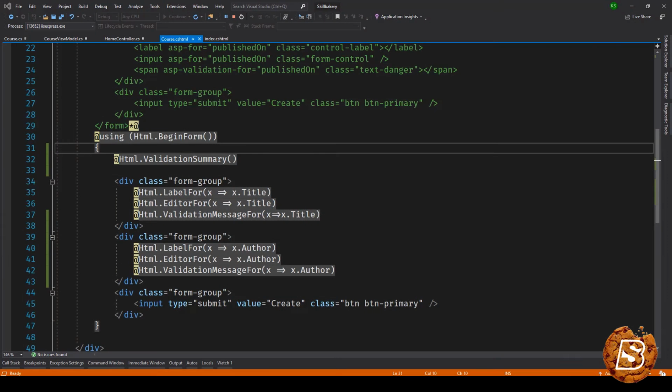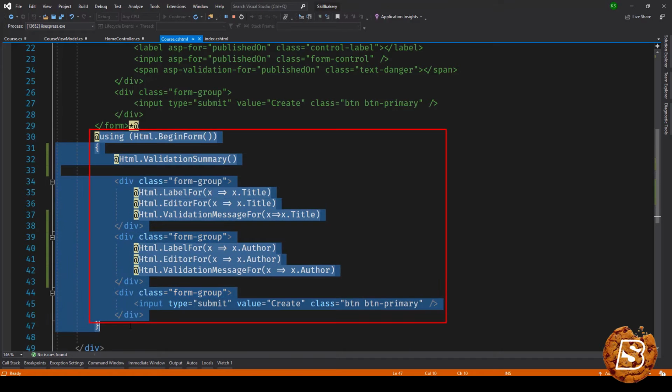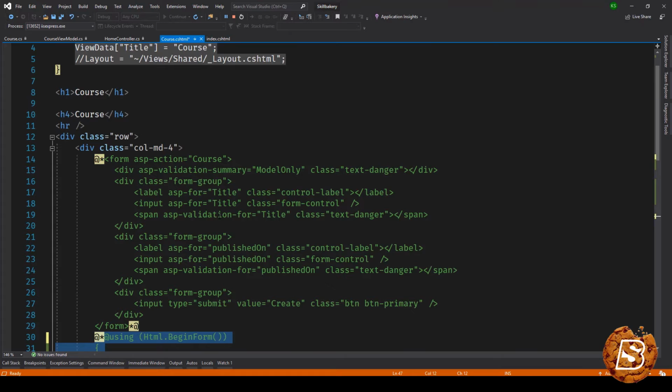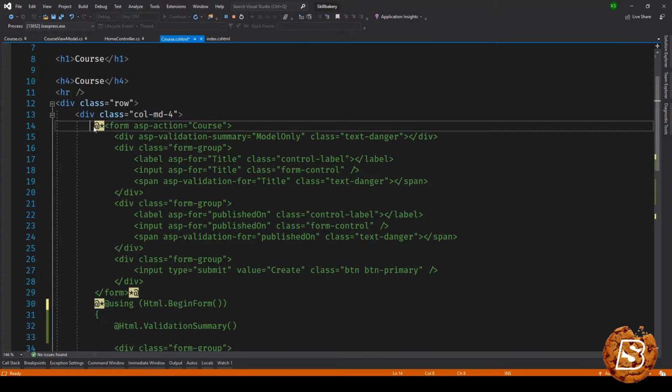Till now we have been exploring HTML helpers. It's time now to introduce you to tag helpers. Tag helpers allow you to write your own HTML and then make use of certain tags which will help ASP.NET MVC understand what exactly we are trying to convey. In order to understand this, let's comment this whole thing for now and re-enable this